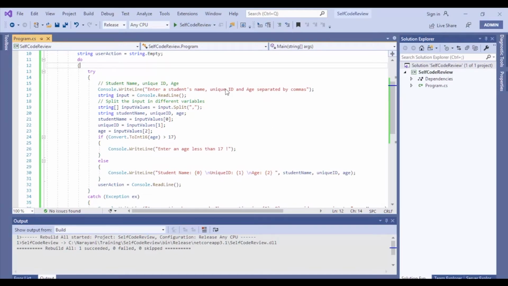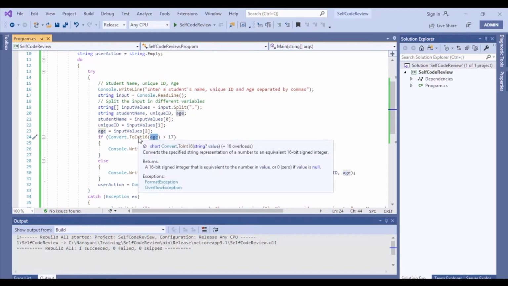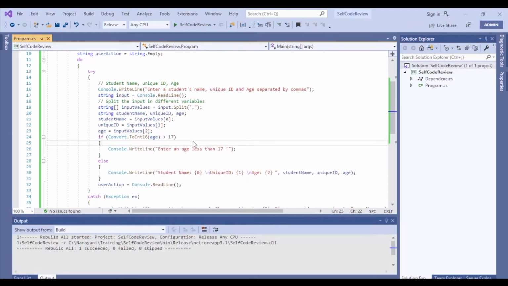From this code snippet, can we identify where exactly these errors have occurred? Now this is a very small code snippet, and so I will know. Like say, first time I entered only 2 values, and so it should have errored out over here when it was reading the input values, the third input value, which is the age, and the second time it should have errored out over here because it was not able to convert a string to age. Since this is a very small code snippet, we will be able to identify this.